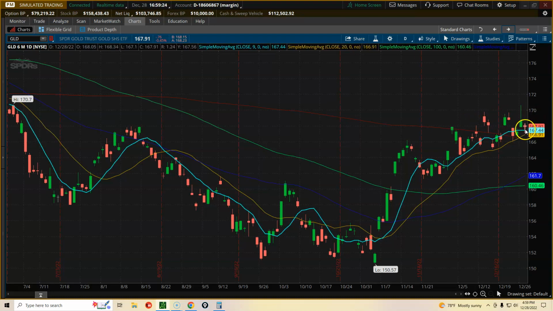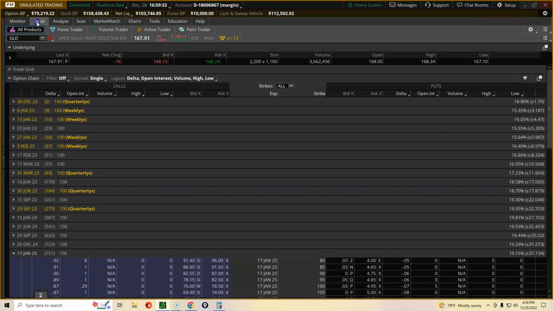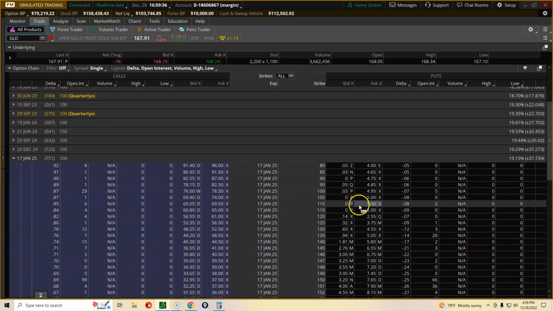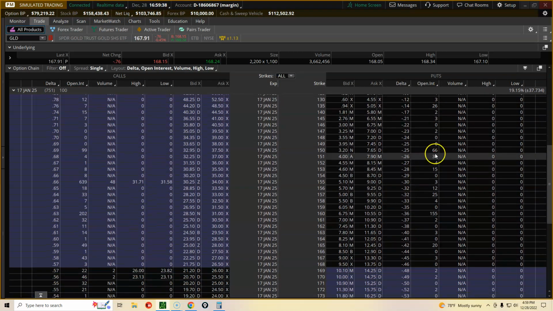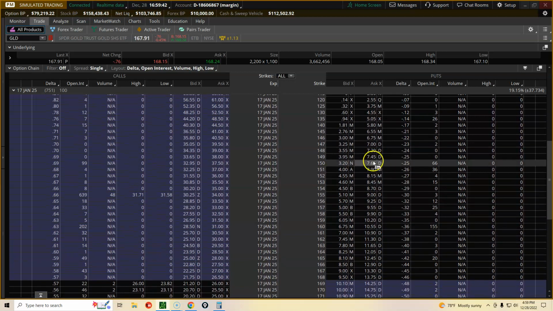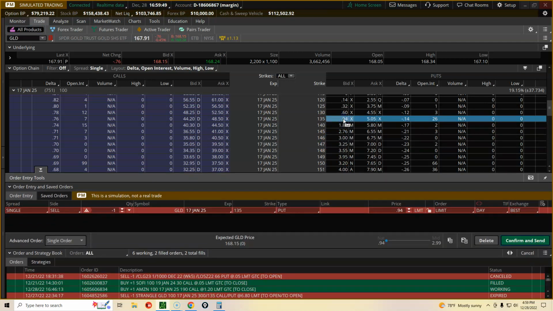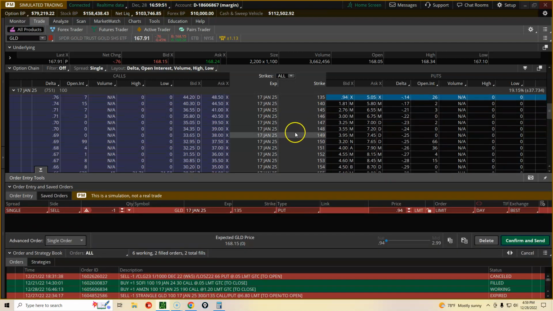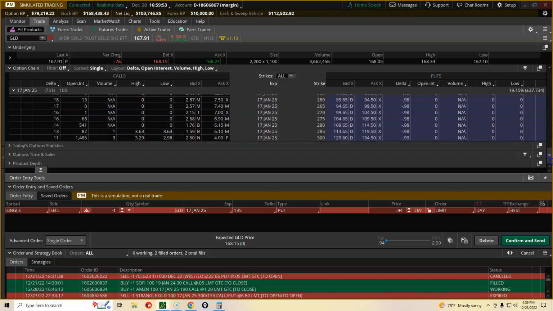It even tested this 9-day moving average today, but it still closed above it, and it's kind of been above it. So what we'll do, we'll try to get that same trade going again. We'll look at the same one I put on yesterday. We'll look at the 135 and then drop down to,